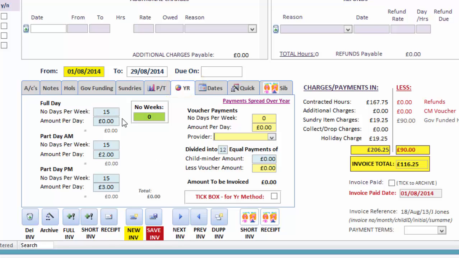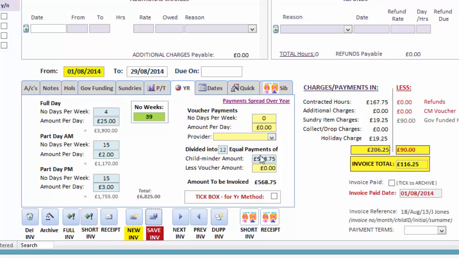Say if you've got children who attend just term time only, on this one you're able to put the number of days per week. So say if we were to put 4 days a week, and then we can put 39 weeks, which is their school term. And then what this would do, data there. So it will now show you that the total is 6,825 and you're dividing it into 12 equal